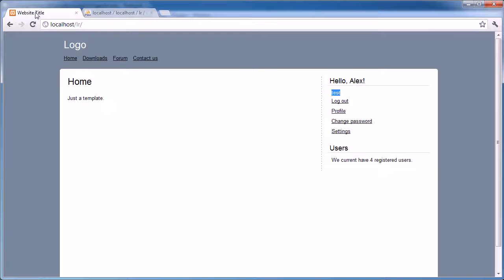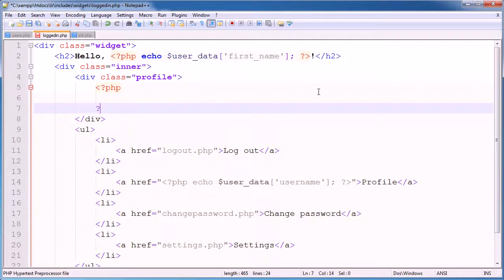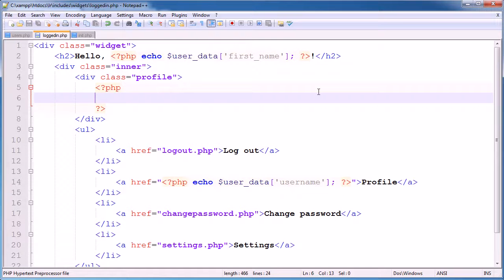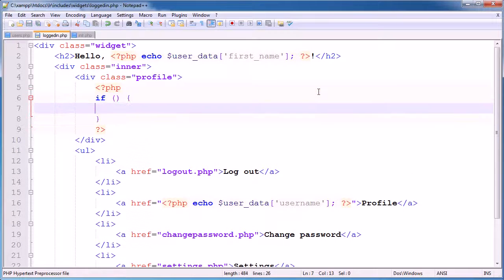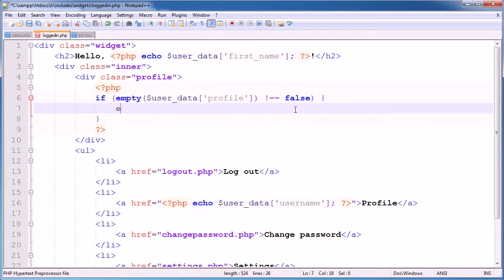So if it's the path to an image, what's going to happen is we can put this inside an image element. But we need a couple of conditions first. So I'm going to create an opening and a closing PHP tag. And I'm going to say if empty is equal to false. So if something is empty, and this is user data profile. In fact, I'm going to say if it's not false, then we echo an image tag